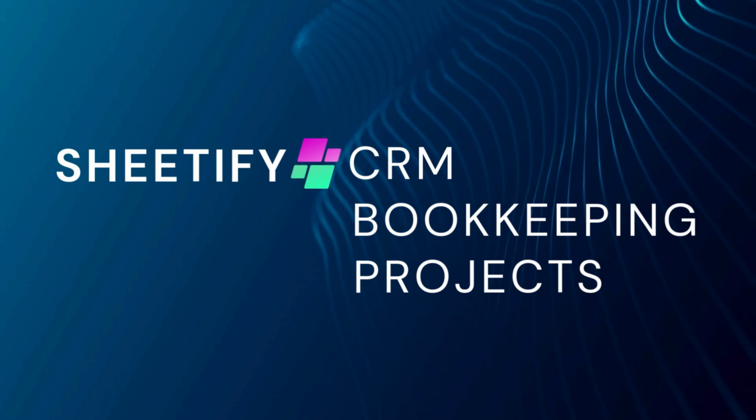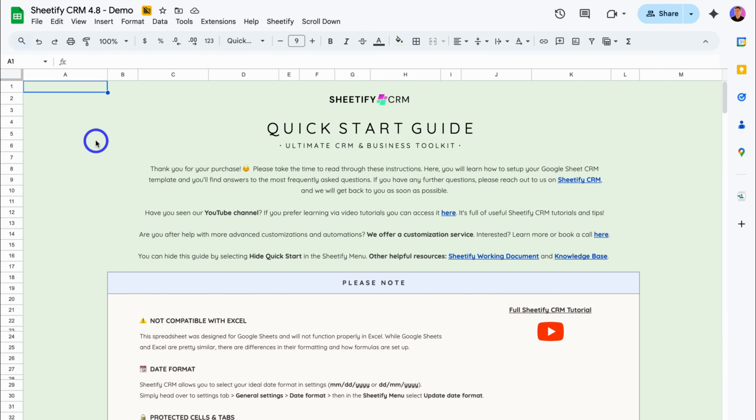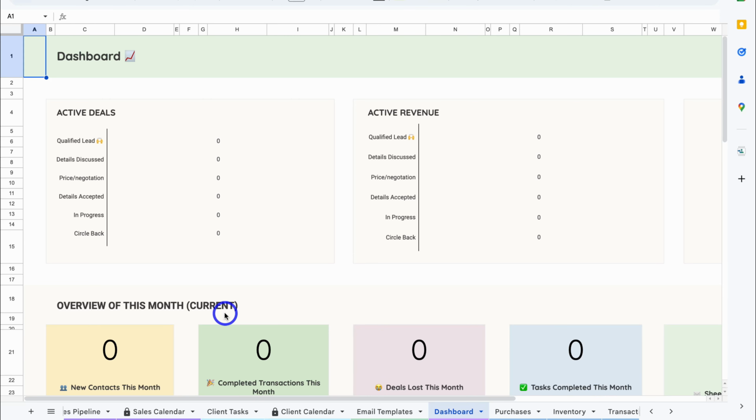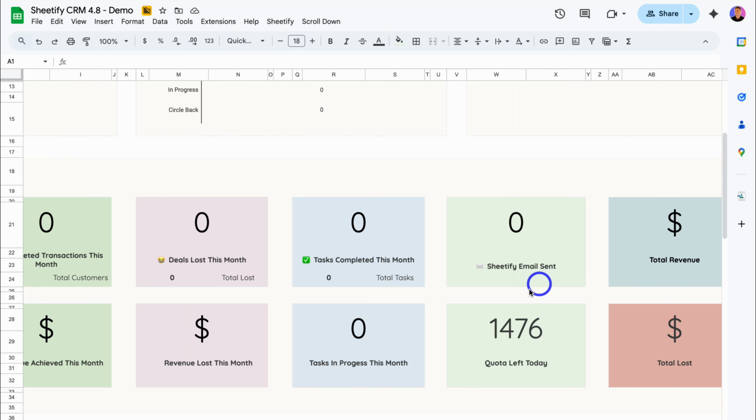Today's focus is to dive into our Sheetify CRM and talk about the email marketing quota. This is all about how many email campaigns that you can send per day. If we navigate down the bottom and locate dashboard, then navigate down to overview this month and locate Sheetify email sent and then quota left today. So this shows how many emails that you've sent from Sheetify CRM, and this is how many emails you have